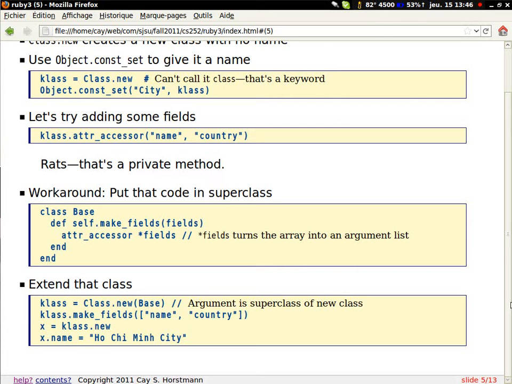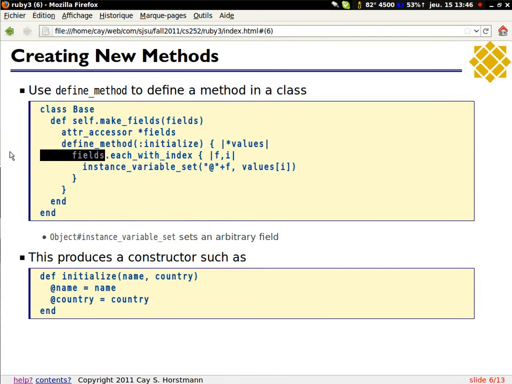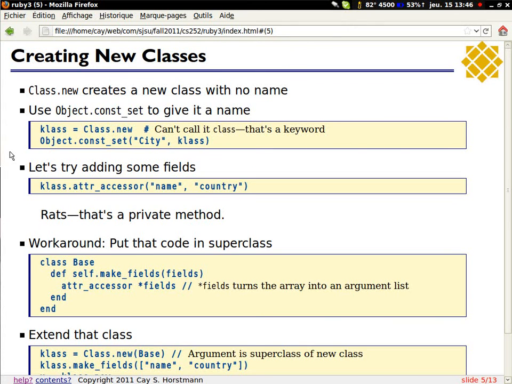This thing here is the class that I've created and then named City. Now I want it to have some fields. So the fields name and country will be added to class City. Except it doesn't work because of some privacy issue.